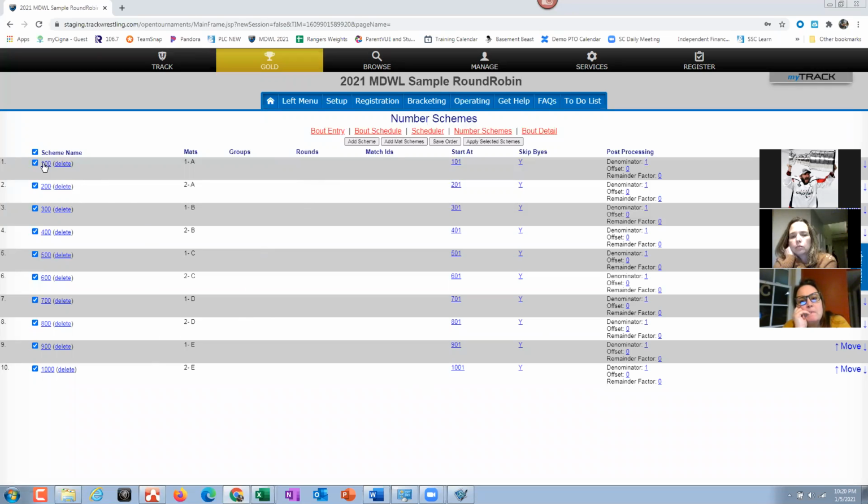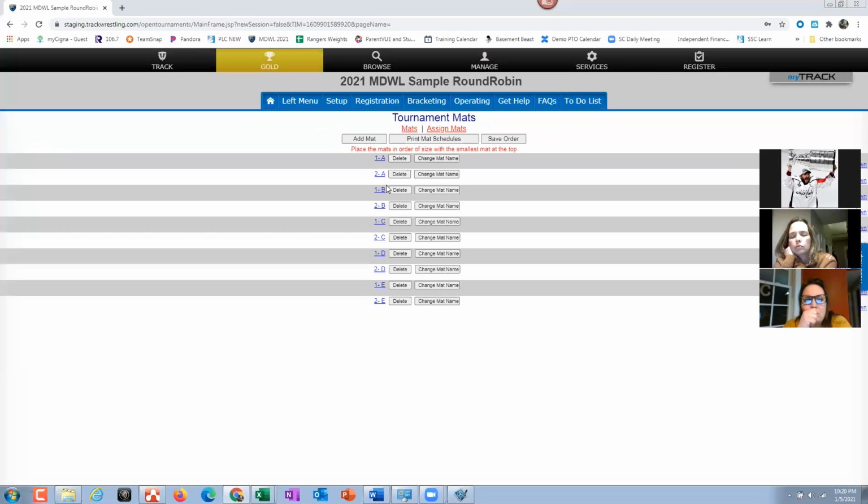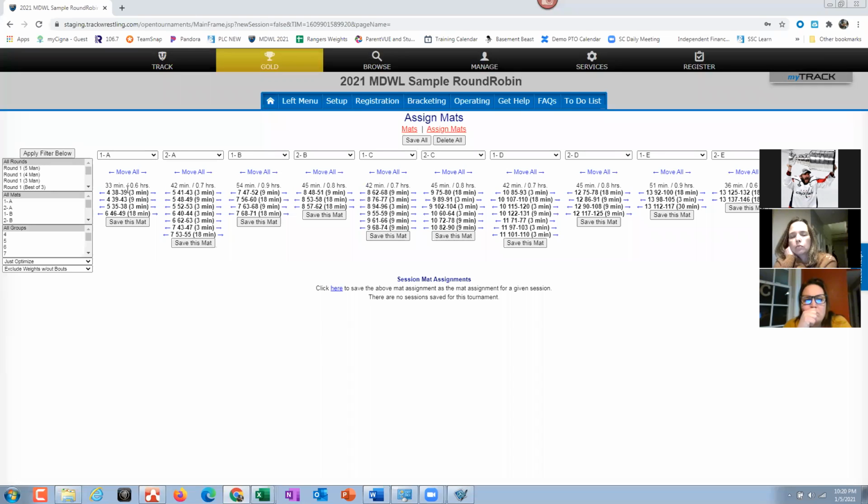So I'm trying to figure out if there's a way to map each person to each weight class that then maps to the mat. And that's what I did in Excel. I basically printed out each person in one of these. I did all of these. And then once I did that, I just copied the one for each one of them, and then did the same thing for those, and those, and those.